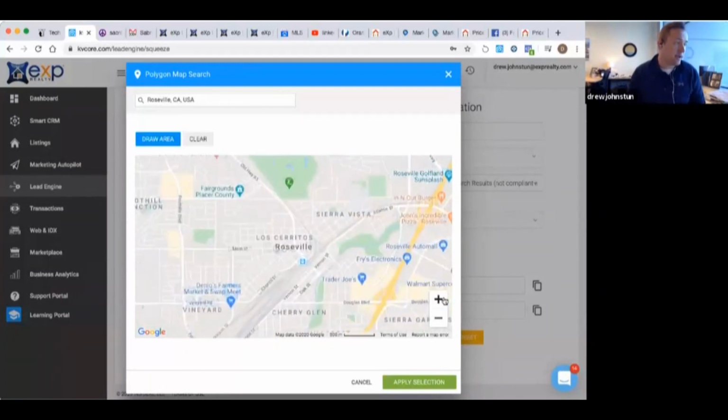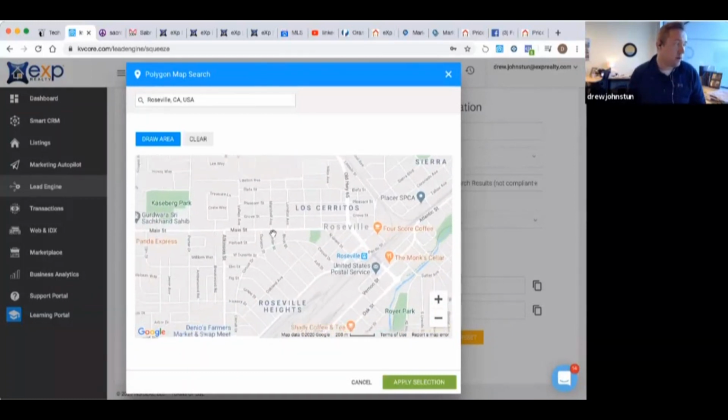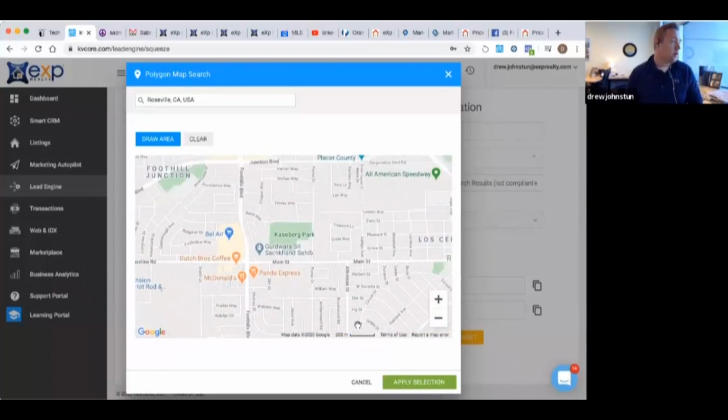So then I can get as broad or as specific as I would like. Okay. If I want to do, let's see, a place that's only around Caseburg Park. Right. Draw the area. I can do just around Caseburg Park.